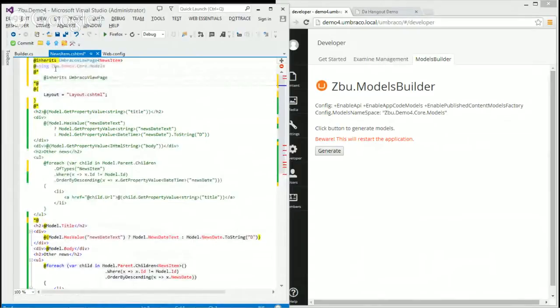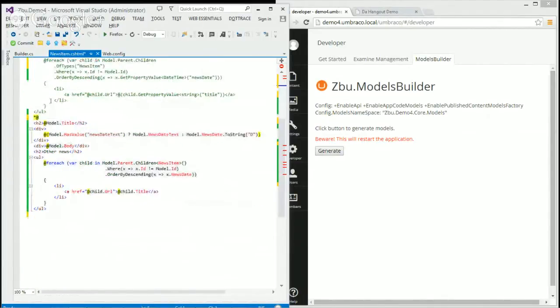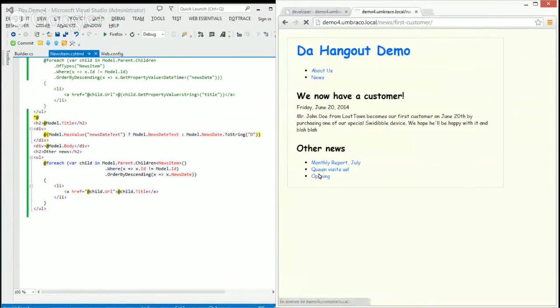Okay. So basically, what I've done is I've said that my view page, the model should be a news item, and they should be in that namespace here, which is okay. And it is really simplified because now I can display model.title, model.body. First, we will just show that it works, so you don't believe that I'm cheating. So you should see the same page. It works. Awesome demo.